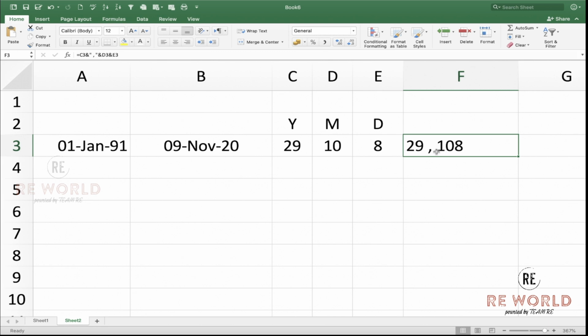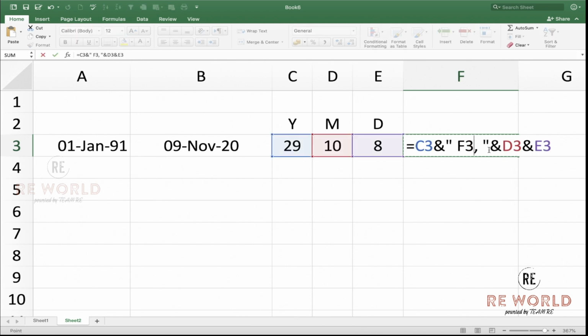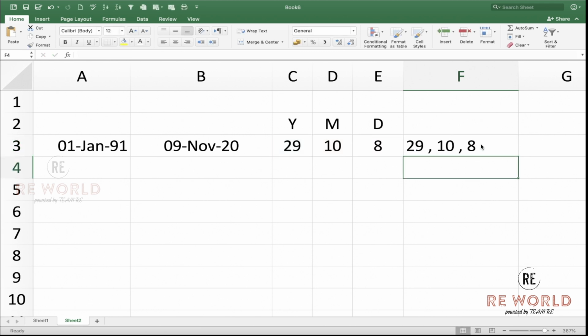Now there is one comma between the year and month to distinguish them. Then in the same way you can add another condition here after D3 and then a space, a comma, space, close it. Okay. So this is the way. Now you know it is 29, 10 or 8, but you still don't know which one is the year, which one is the month, which one is the day.